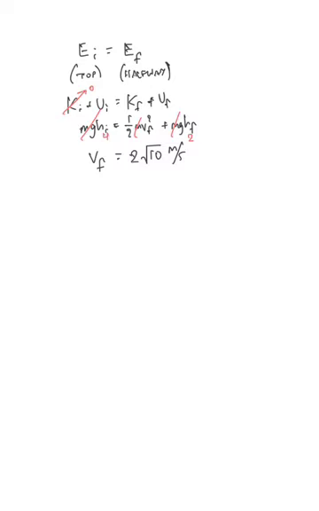All right, in the second part, you want to use conservation of energy to calculate the speed of the box when it has reached the bottom of the ramp. So there's nothing really changed about this problem, except for the fact that the final location is different. It's now at the bottom of the ramp instead of halfway. So when you set up this problem, the E final, instead of representing the halfway point, would just represent the bottom point. So when you set up the Ki plus Ui